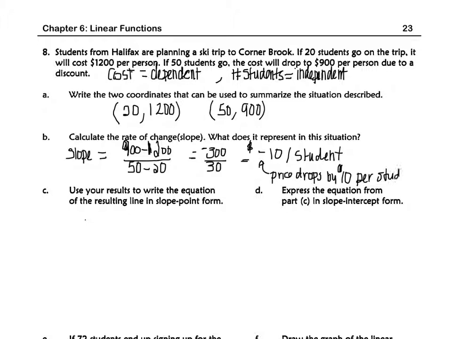So for every extra student that goes, the price decreases by $10. So to take that information now and write the resulting equation in slope-point form, we can pick either one of the two given points that we found in A. So I'm going to pick the first one, and then my equation would be y minus 1,200 equals, the slope was negative